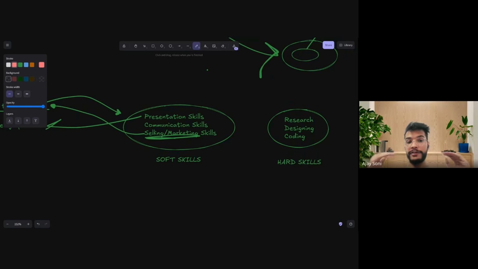So if you have friends, if you have family, try to pitch them, try to make them understand your thinking, try to make them aware of the power of design, the ideas you are creating, right? So from this, you will learn what a non-tech and a tech-savvy person think when you are talking about the design process out there, right?